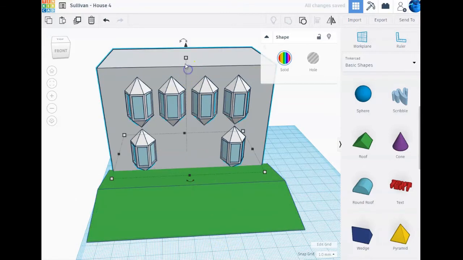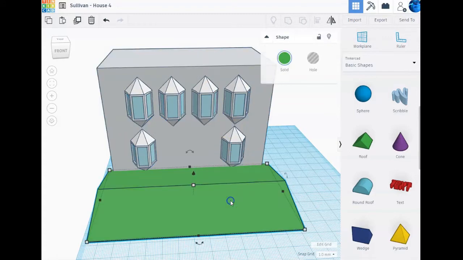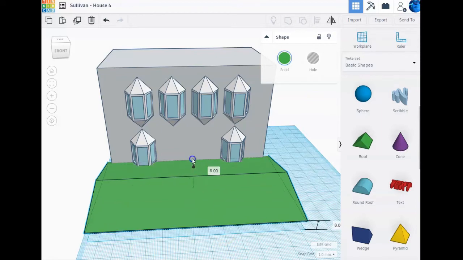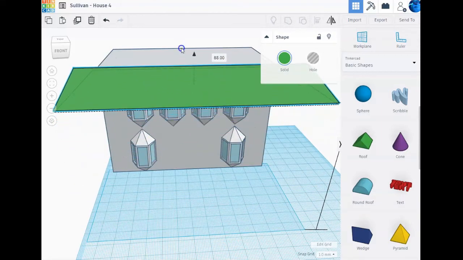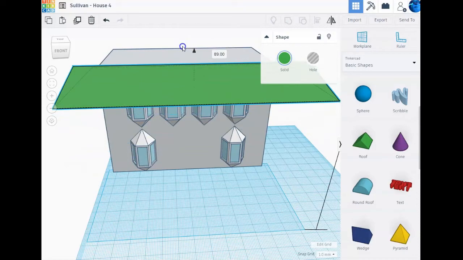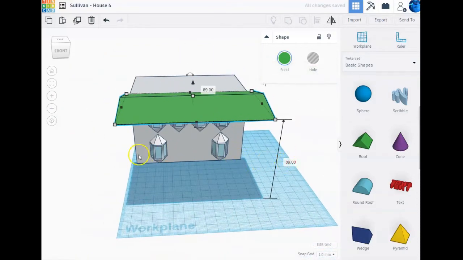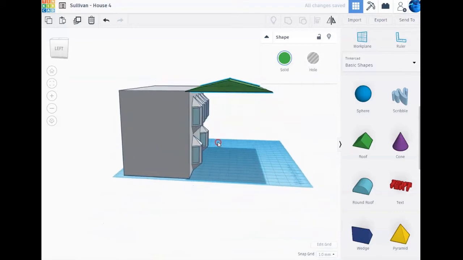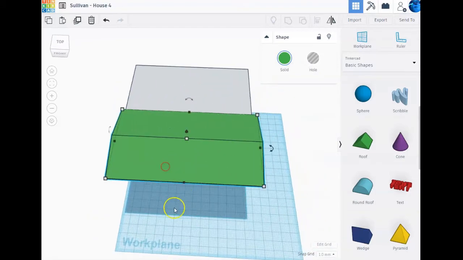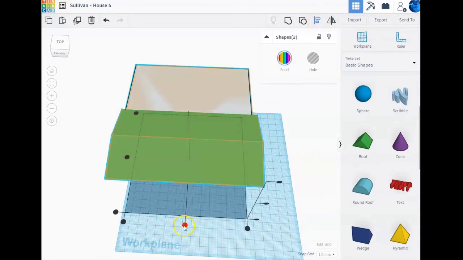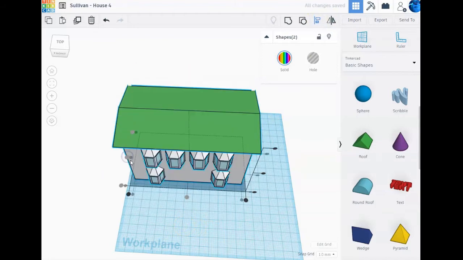Okay? And then we know that our house is 89. So we're going to grab this and move it up to 89. That'll put it right in line with the top of the house. Okay? Then we do what we would normally do. We center it on the X, center it on the Y,